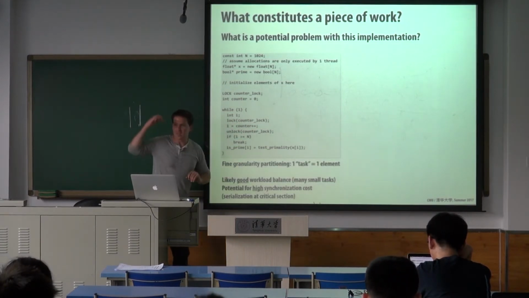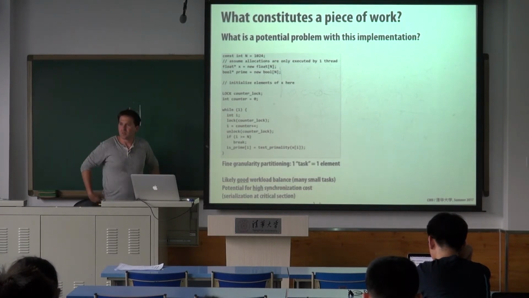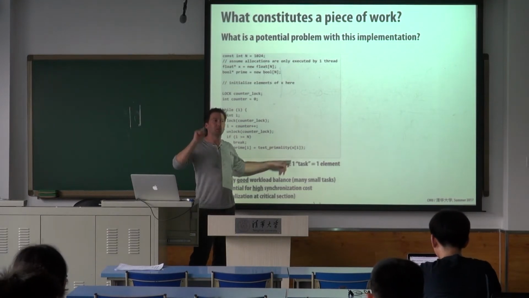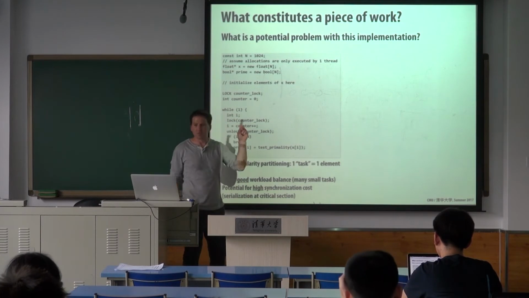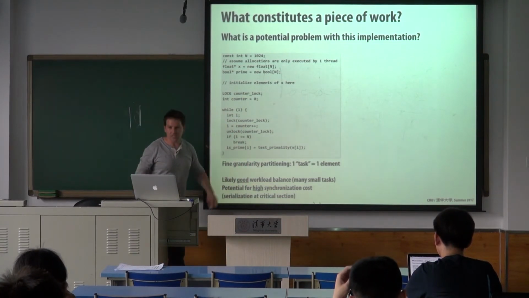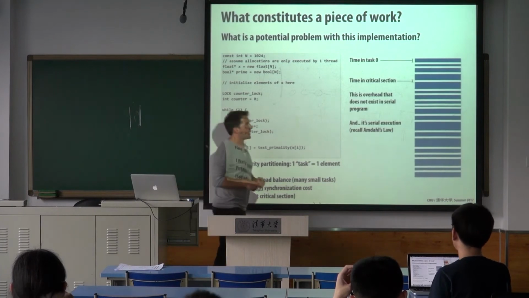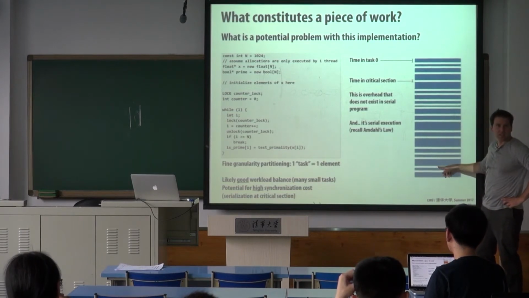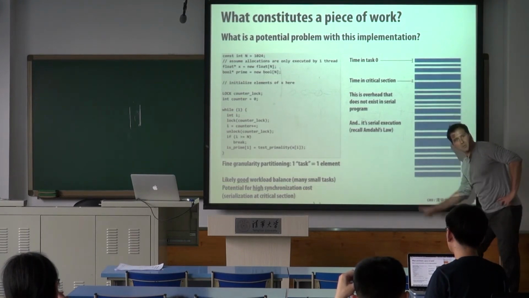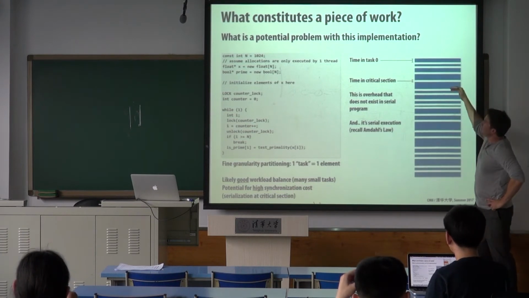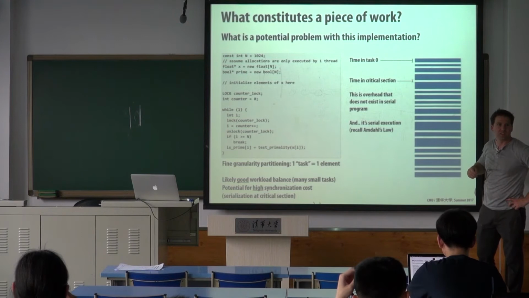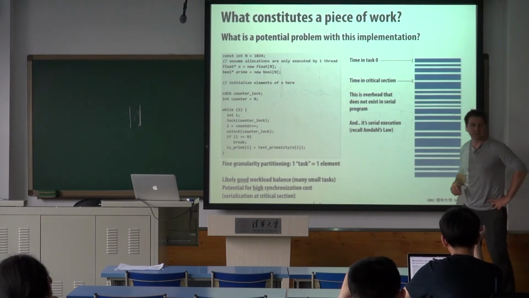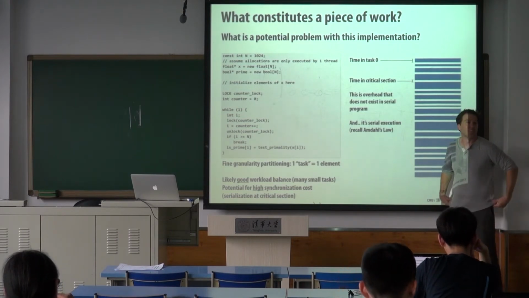So in this program, one piece of work, one task, is testing whether or not one number is prime. That's what one piece of work is. If I had to draw this, I'm going to draw this where in blue, for one thread, this is time going down. Blue is actually doing useful work. It's computing whether or not something is prime. White is time spent between Yan and I just talking to see who has the lock on what I should